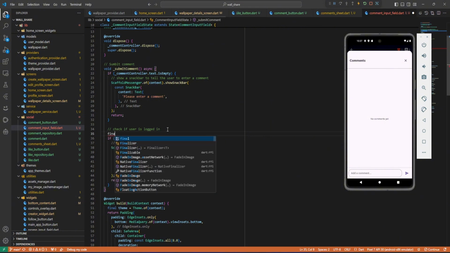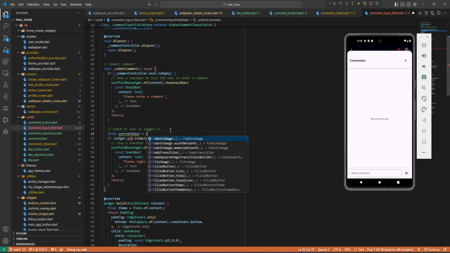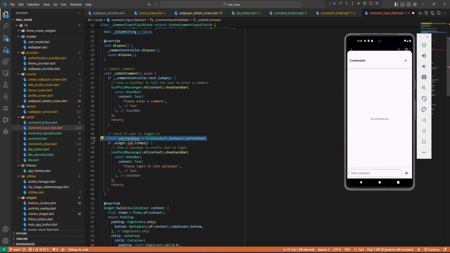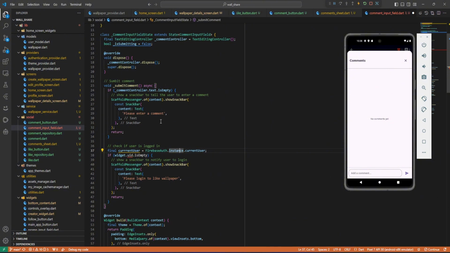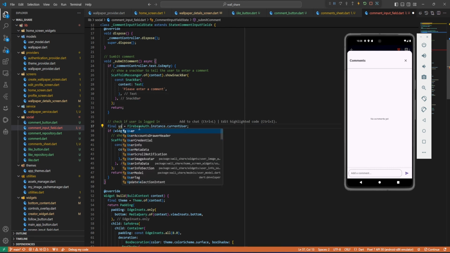We're gonna check final current user is equal to, we can just directly get from here, or we can check from Firestore. We can check if Firebase auth and Firebase auth.current user. Now we can import this. We can also check like this, or we can check from user model. I think the best way is to check from user model, because we're going to get the user data as well. So here first we're gonna check user